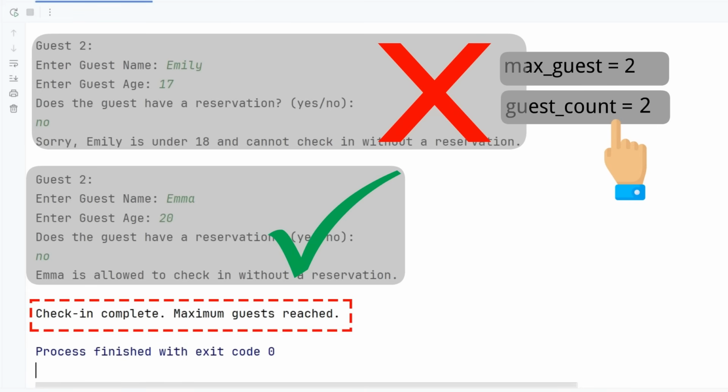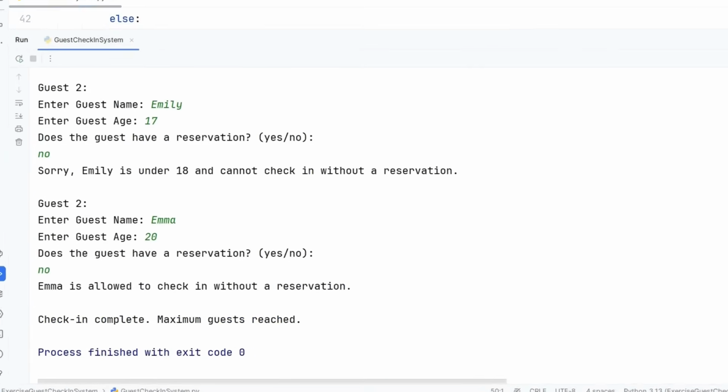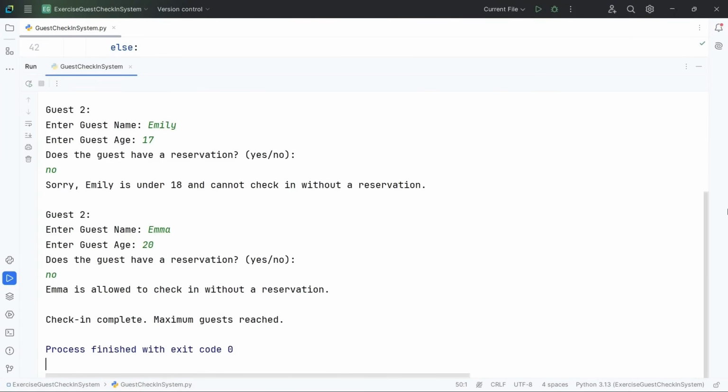Now it's your turn to try out the guest check-in system that we just created. Run the program and enter different values for guest details to see how the check-in process works in different scenarios,